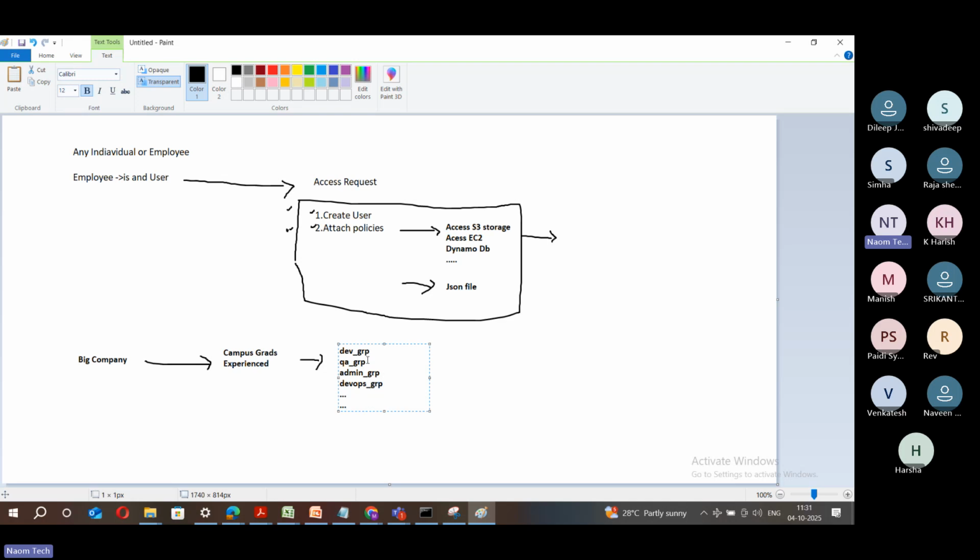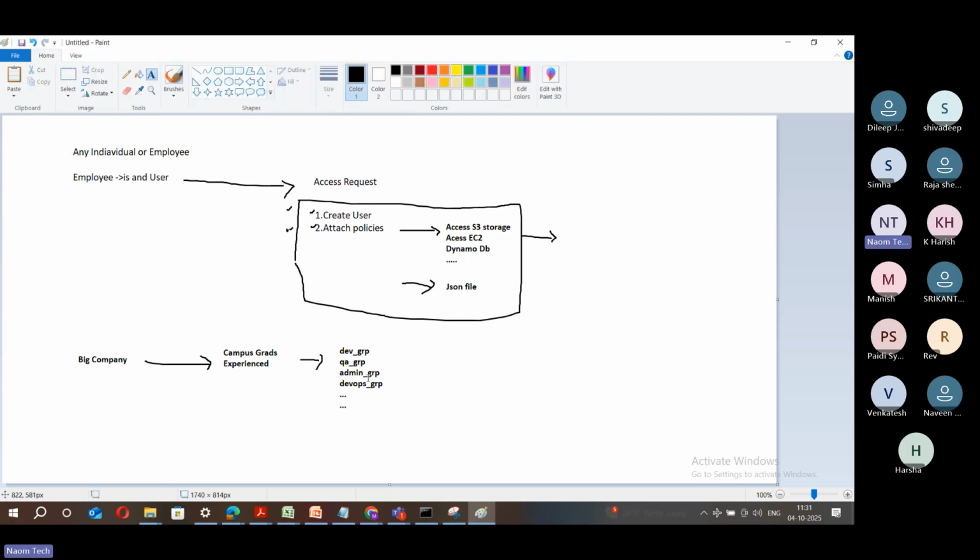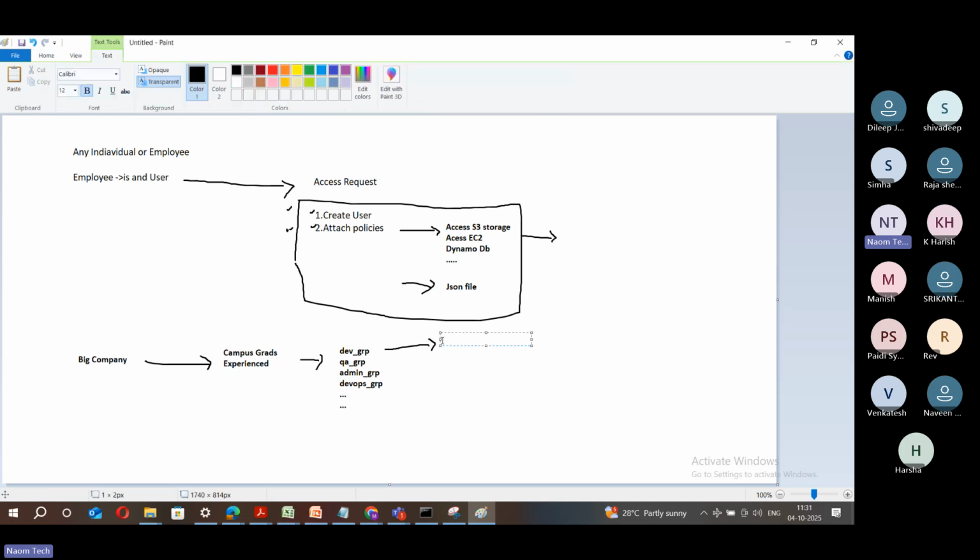You got it, right? Suppose some employee belongs to the dev team, then we just assign the policies of dev, that particular team's policies, to this group. And then what do I do? So simple. Once these groups are in place, the happiest thing is, let me explain this clearly. Whatever policies or access are needed for that group, we attach those policies to that group. So the easiest thing is to attach policies to the group,